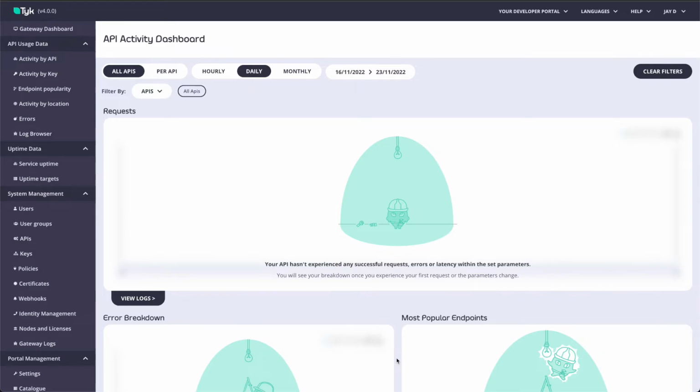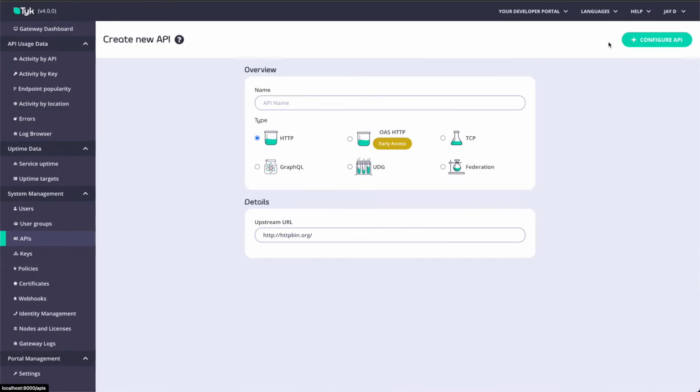Have our services running in the background. Let's try to configure a UDG API for that and stitch them together. So I'll head over to the API section and create a new API. I will name it User Reviews, and I'll select UDG as the API type for it and configure an